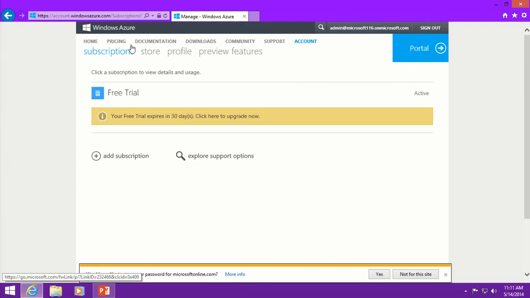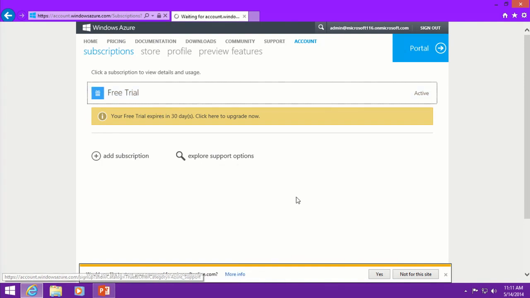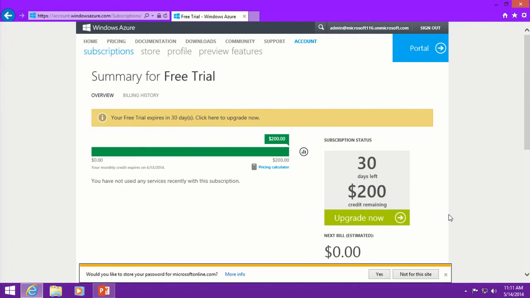So now you can see this is the subscription that I've got. It's called Free Trial. I can click on that subscription so I can see some details. Here you can see when you sign up for the 30-day subscription, it gives you a $200 credit, so you can play with other Azure services. You can set up virtual machines and websites. And when you enable the multi-factor authentication, any charges for that are going to be decremented against this credit during